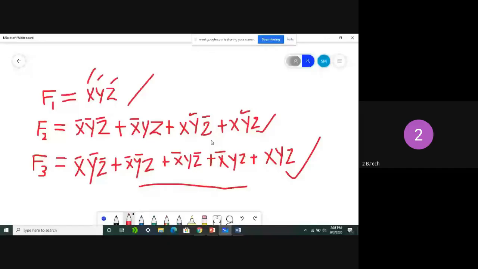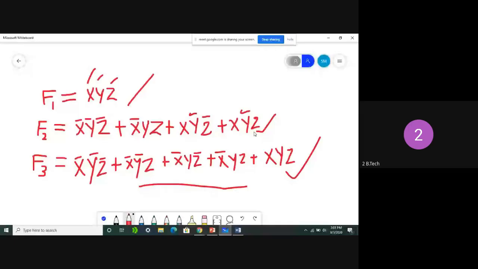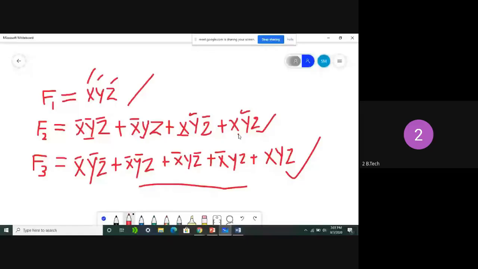This is the basic. This is the way most GATE exams ask. They will give some Boolean expression and ask how many gates are required to build that particular Boolean operation. Then we can easily find it. For this, this is an AND gate, this is also an AND gate, and this is also an AND gate. Here also an AND gate. For the inverter we can use a NOT gate. Y bar can be produced by using a NOT gate.